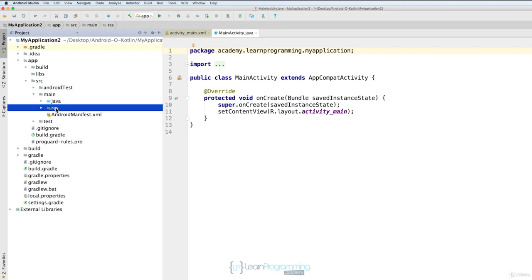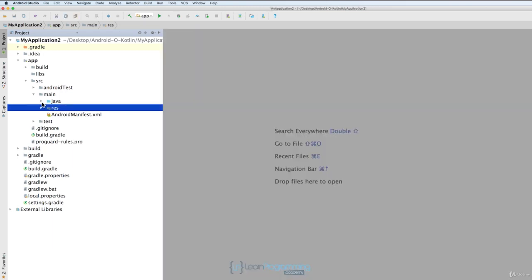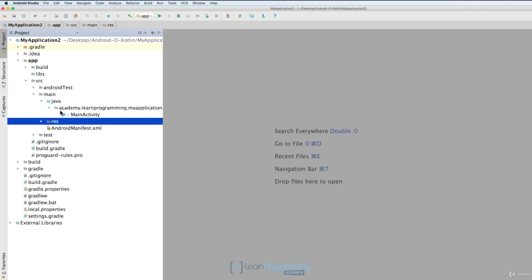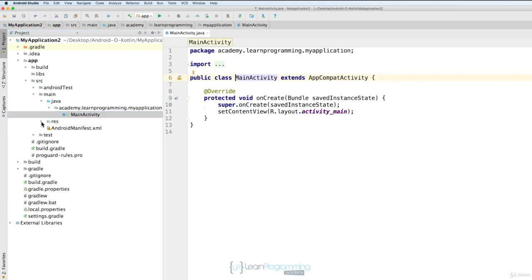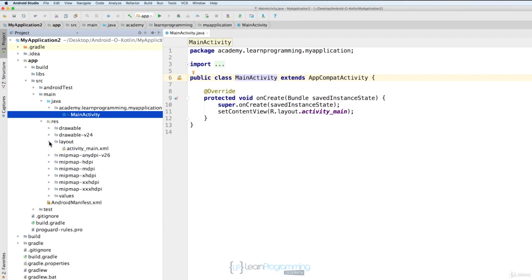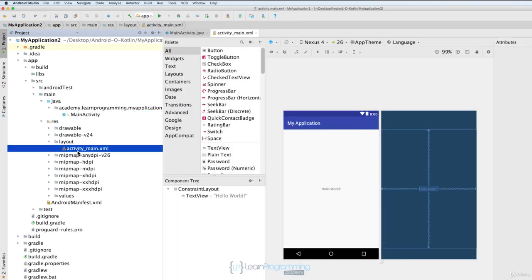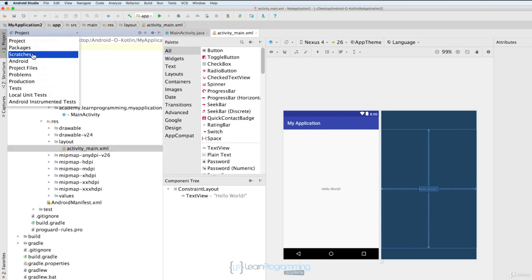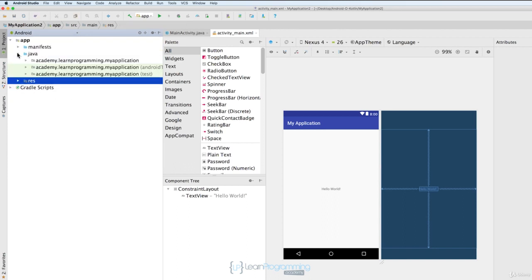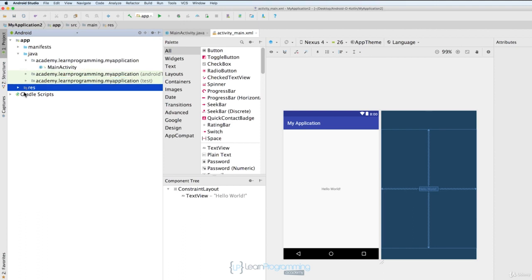Now over on the right hand pane up here, there's two files open: activity_main.xml and mainActivity.java. Now these are the names of the activity and the layout from the earlier screen. Now if we close these, we can open them up by just opening the particular folder. In the case of the Java folder, we can double click main activity to open them up, and the activity_main, we can look at the layout folder and double click that and open it up like that. And again, going back to Android view, we can see essentially the same thing. Opening up, and we can see that our main activity file is there, and then in the res folder and the layout folder, there's our